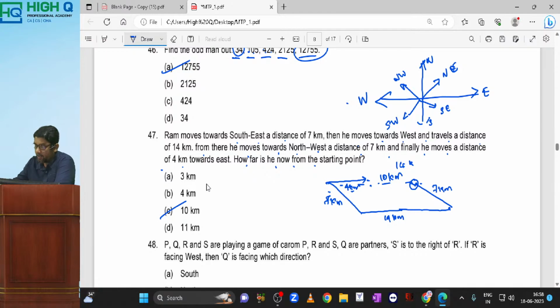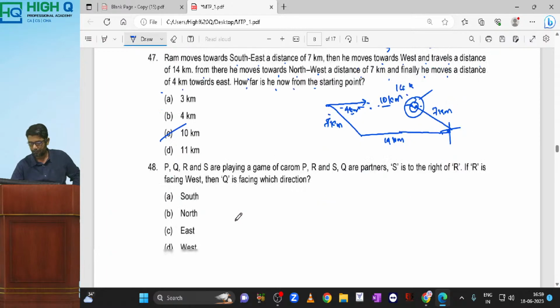10 kilometer. Here most of the students, what mistake they commit, I'll tell you. From here they will take southwest or northwest, whatever. That is wrong. From there you are not supposed to take. See, this position is fixed. And the west direction, after moving southwest also, or after moving southeast also, from this direction only he has to move towards west direction. This is very important. Now,